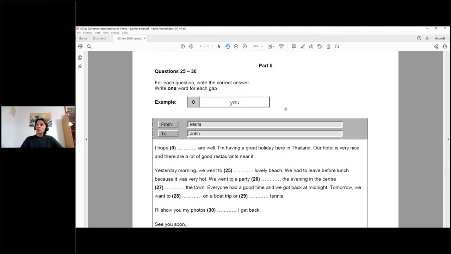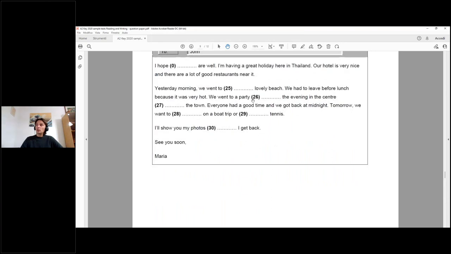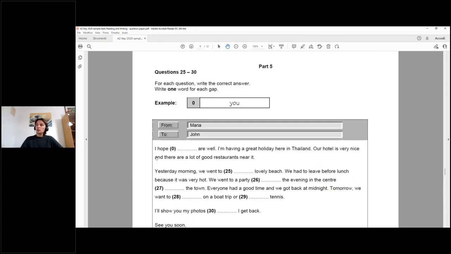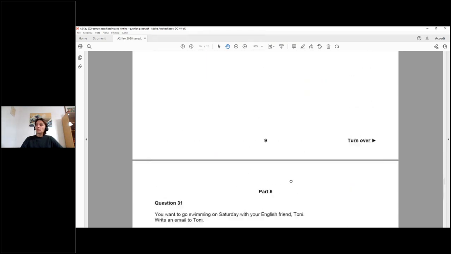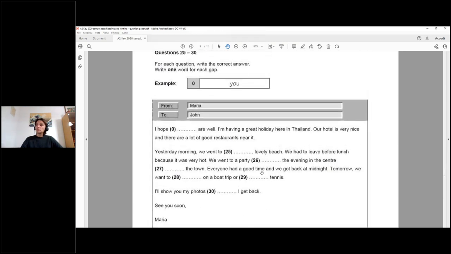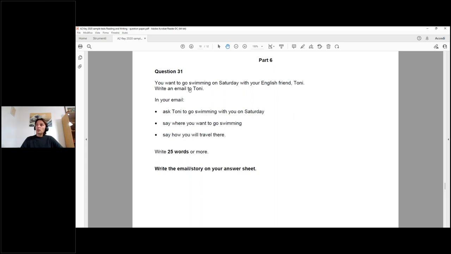Part 5, write the correct answer. Write one word for each gap, okay? So 0 was the example, you. I hope you are well, right? So you have to write the correct answer. Part 6, you want to go swimming on Saturday with your English friend, Tony. Write an email to Tony. So